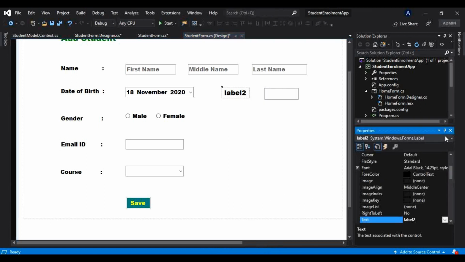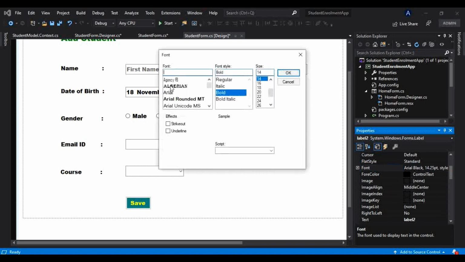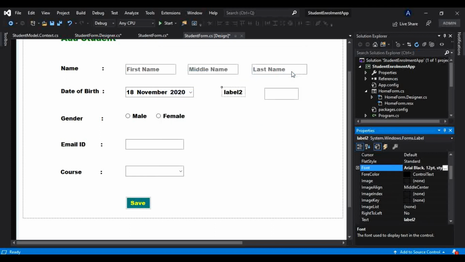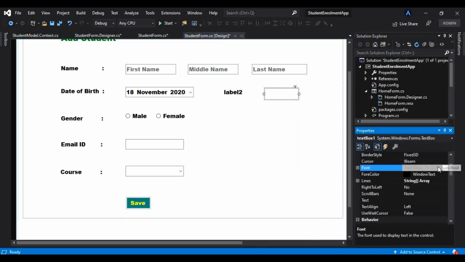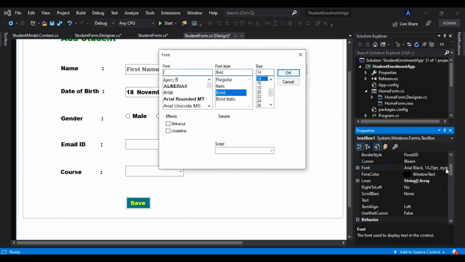Let me change the font for both this label and text box. I will click OK, and for this text box as well I will change the font, that is 12, Arial and black.